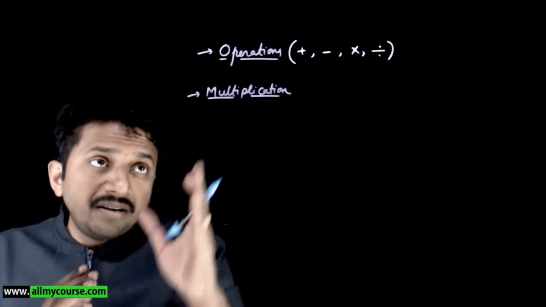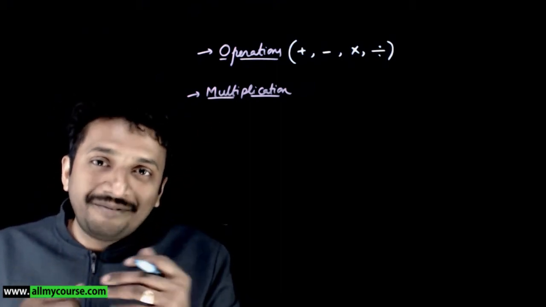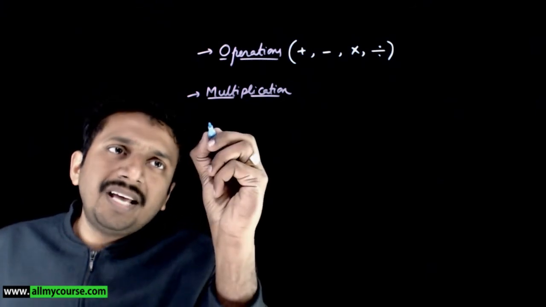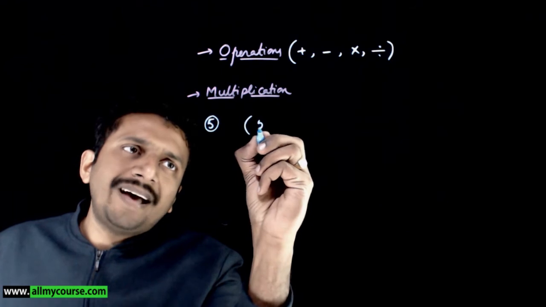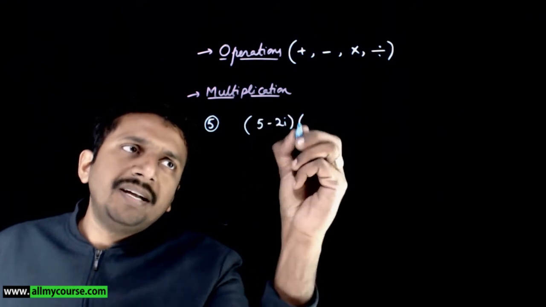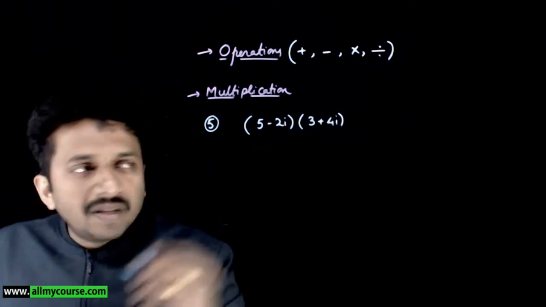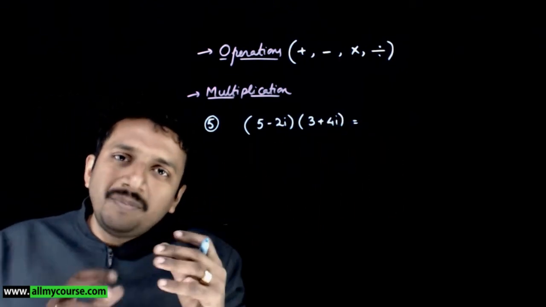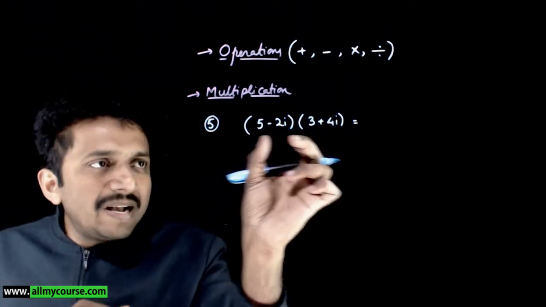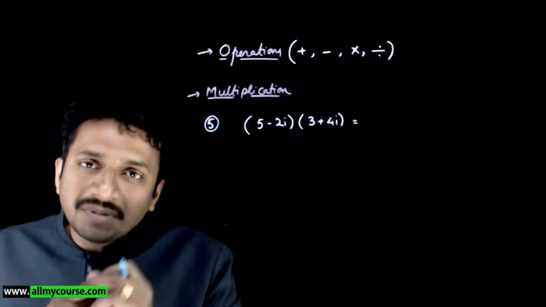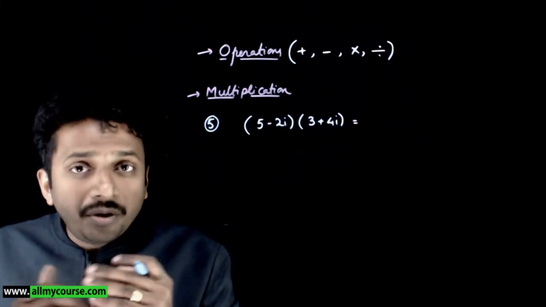So now that you have understood how to do multiplication, let us see how to do this operation fast. So let us take another example. Let us take 5 minus 2i times 3 plus 4i. So we know that the final answer will be of the form some real number plus i times some other real number. So in this multiplication, you have 4 terms. So you can write the 4 terms and simplify it. But otherwise, if you want to do it fast,